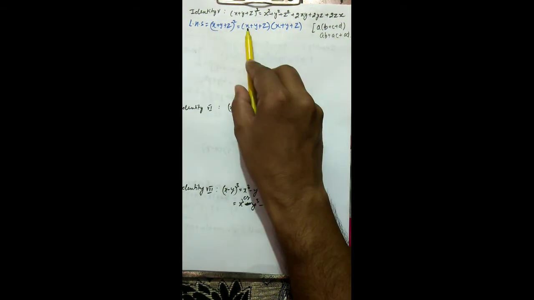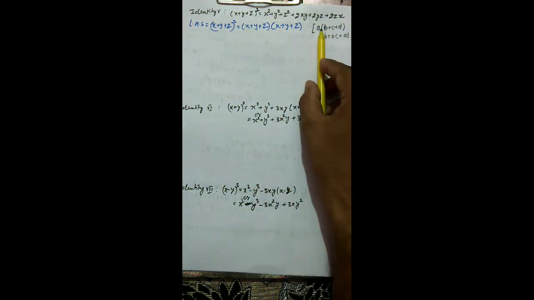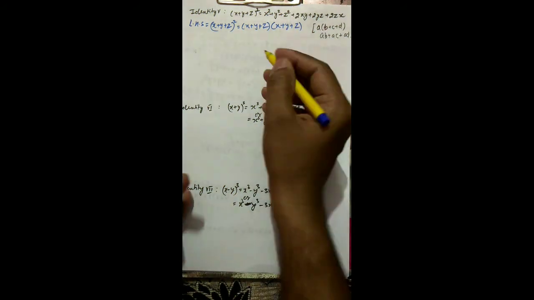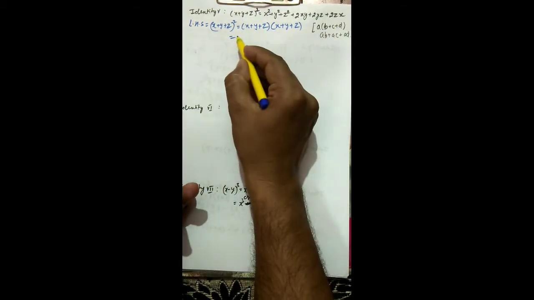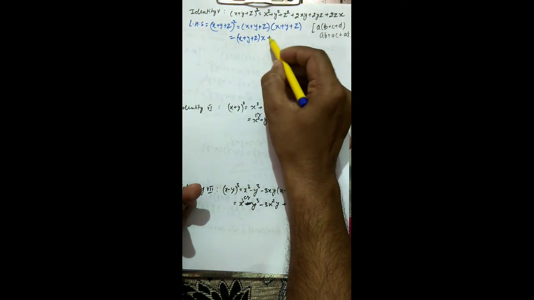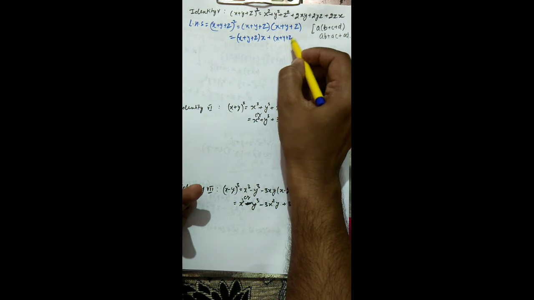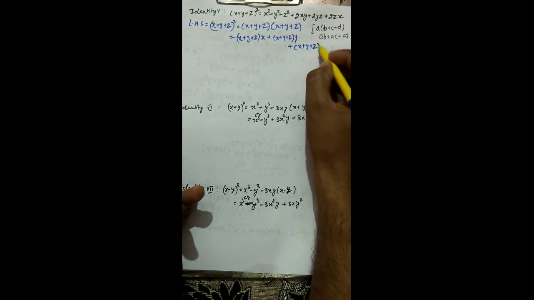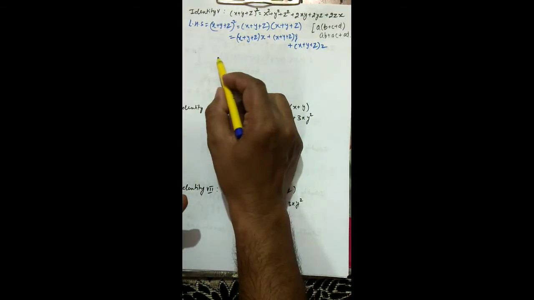This is again the distributive law. Now you consider this as A, this as B, this as C, and this as D. And now I open this with the help of this identity. You can say this law: x plus y plus z, you take this as A and this as x. Again you can write x plus y plus z as y, and then again x plus y plus z as z. So now you have got these terms.